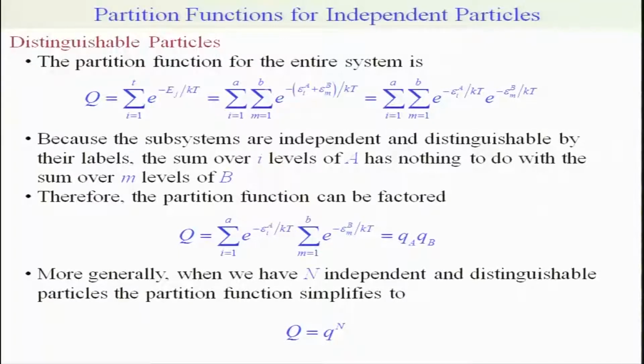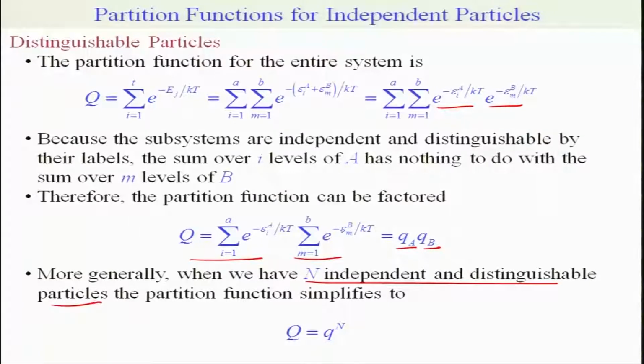Now, considering this to be independent, you can separate it out in this way and this way, and this is nothing but Q A and Q B, because this summation has nothing to do with m, and this one has nothing to do with i here. So, considering independent particles, you can simply write Q as the multiplication of the partition functions of the subsystems. Now, if there are many subsystems, or if you are considering n independent and distinguishable particles,